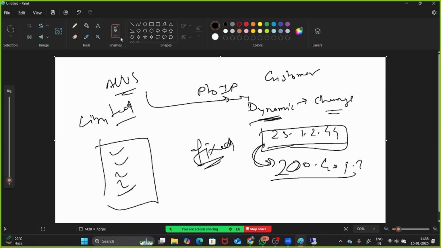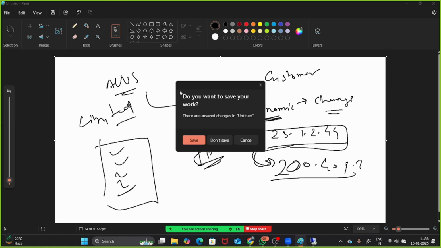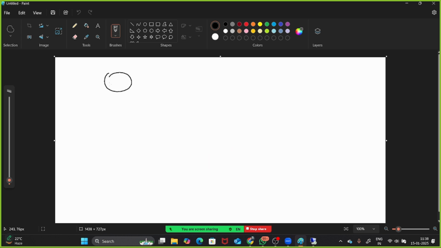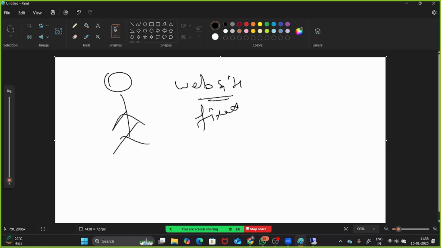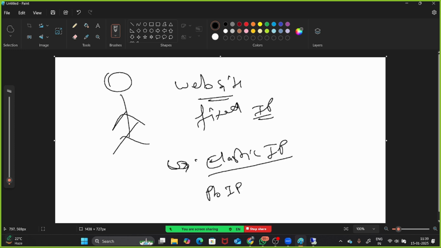But basically, if you are somebody looking to host your website, for a website you need a fixed IP address. But what does AWS give in a virtual machine? A dynamic one. So they do give a feature called elastic IP address. Under the elastic IP address, you will get a public IP first of all, plus a fixed IP, which will not change,